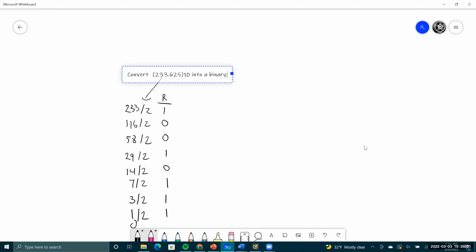So once I have this, it's going to be from bottom up. So it's going to be 1, 1, 1, 0, 1, 0, 0, 1. So that's 233. Now for the fraction side,